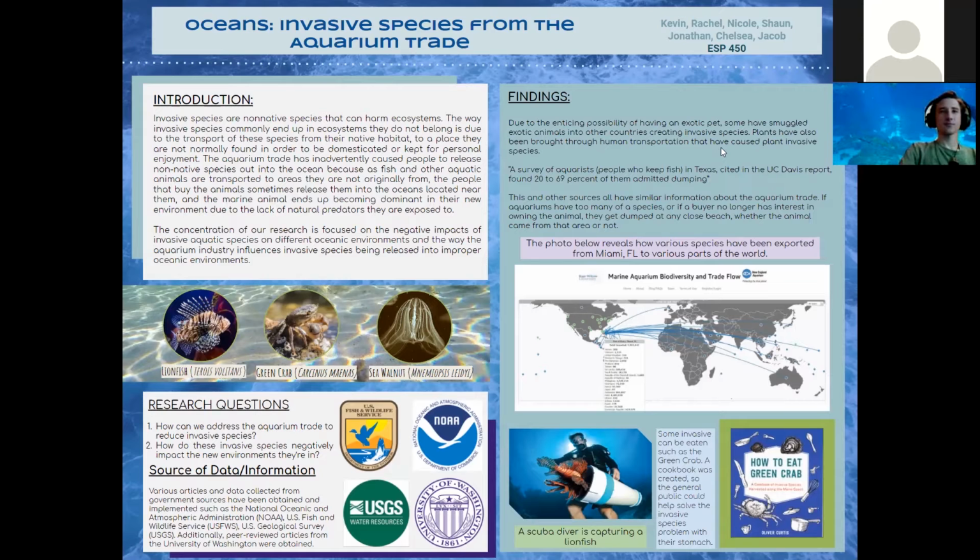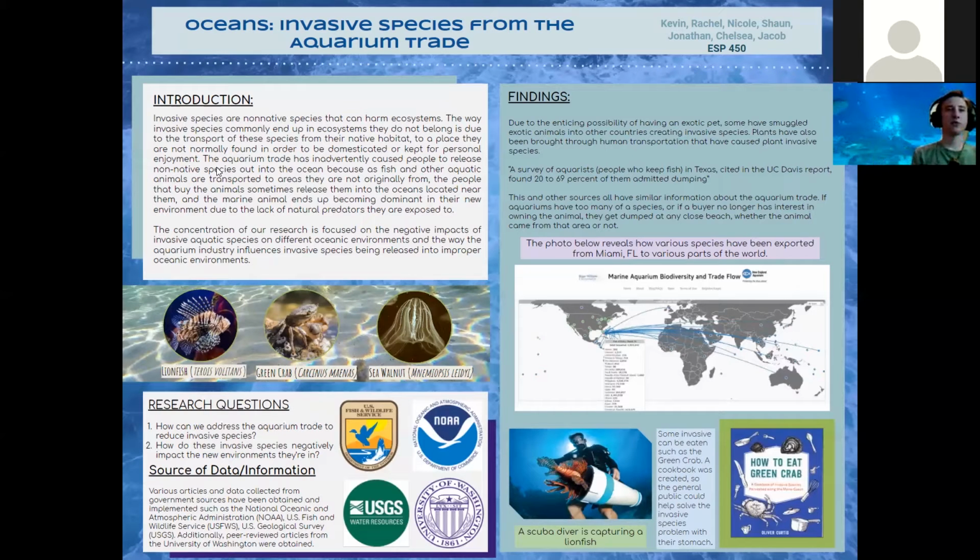Invasive species are non-native species that have harmful impacts on ecosystems, causing native species to fight for their resources and space. Without any predators within their new environment, their population size can grow and reduce native species populations. Examples of invasive species include the lionfish, the European green crab, sea walnuts, and killer algae.